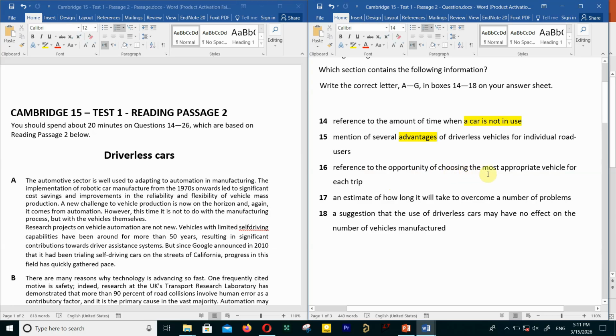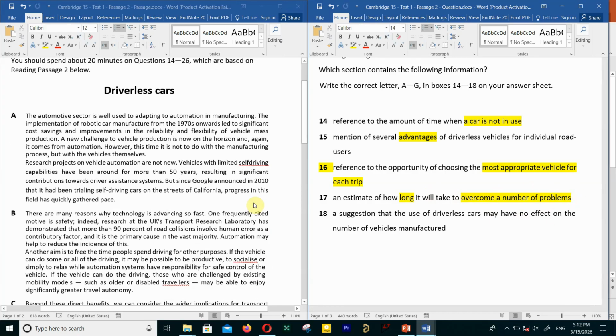Reference to the opportunity of choosing the most appropriate vehicle for each trip. For most appropriate, maybe most suitable. They're going to use suitable for each trip. An estimate of how long it's going to take to overcome a number of problems. About problems, something like solving problems, predicting the future. Nowadays, these sort of things you may find